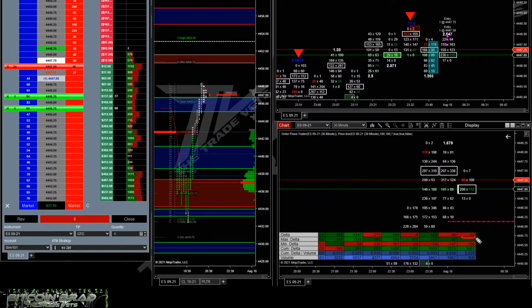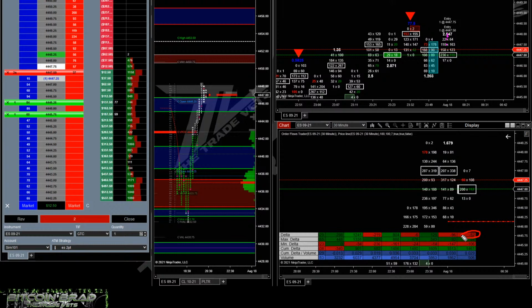And so this is telling us that there's 52 more sellers that sold aggressively, that sold the bid to get into the market, into their position, right? That doesn't necessarily mean that there's more sellers. It's just saying that they were more aggressive in this spot. Yeah, delta matters more if price goes in the opposite direction. Exactly. And that's why I like those